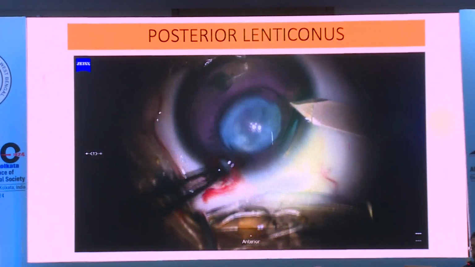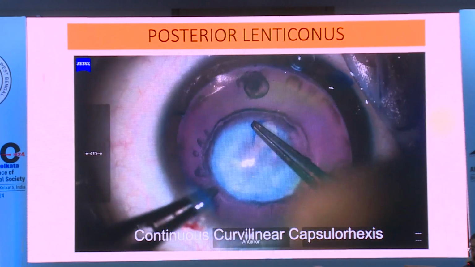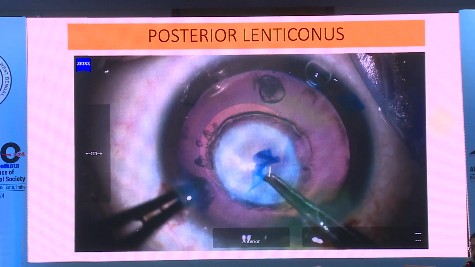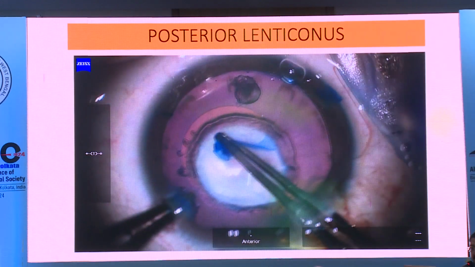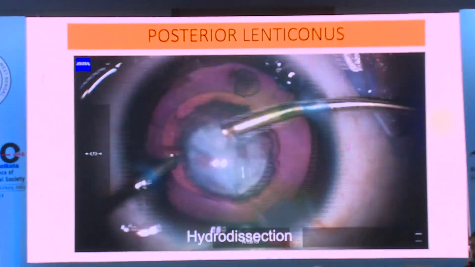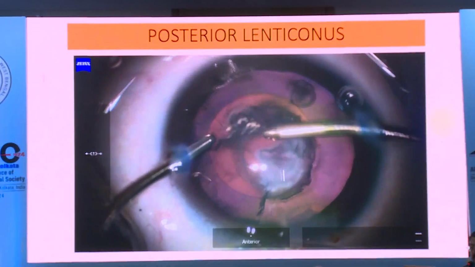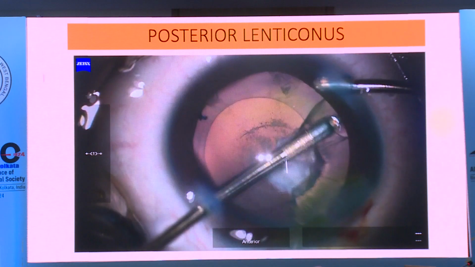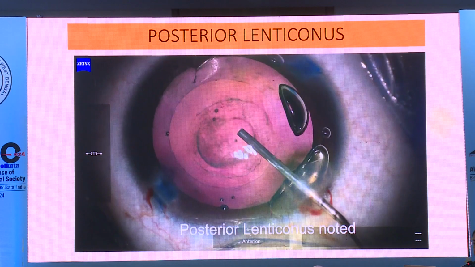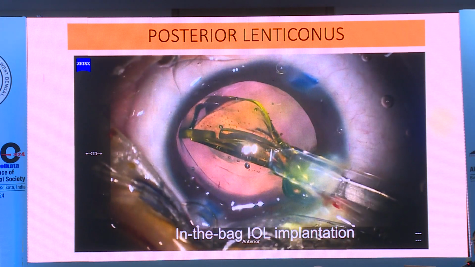We stain the anterior capsule with trypan blue dye and perform continuous curvilinear capsulorhexis. Size of the rhexis is kept around 5 mm. A limited hydrodissection, because if you do vigorous hydrodissection, it can lead to rupture of the posterior capsule. Cortex is removed, and you can see that this is the posterior lenticonus, which we will deal with after implantation